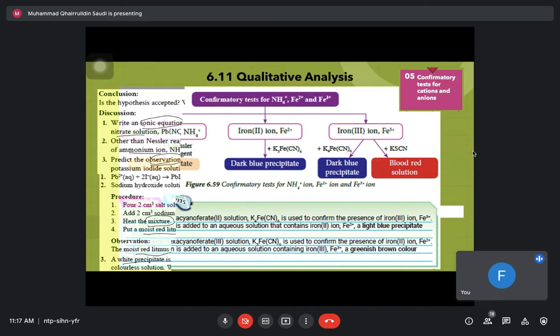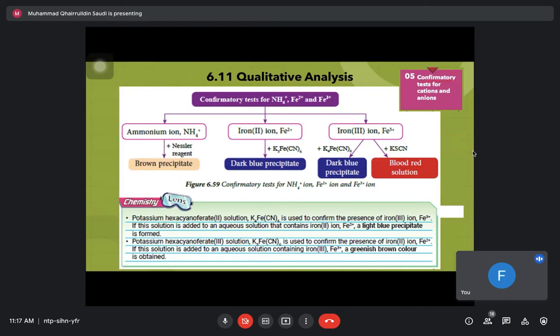Okay, this is the summary. The summary for confirmatory test. So untuk confirmatory test for ammonium ion, awak tambah Nessler's reagent, your observation will be brown precipitate. To test for iron(II) ion, awak akan tambah potassium hexacyanoferrate(III) and awak akan dapat dark blue precipitate. To test for iron(III) ions, awak boleh tambah potassium hexacyanoferrate(II), awak dapat dark blue precipitate juga, or awak boleh tambah potassium